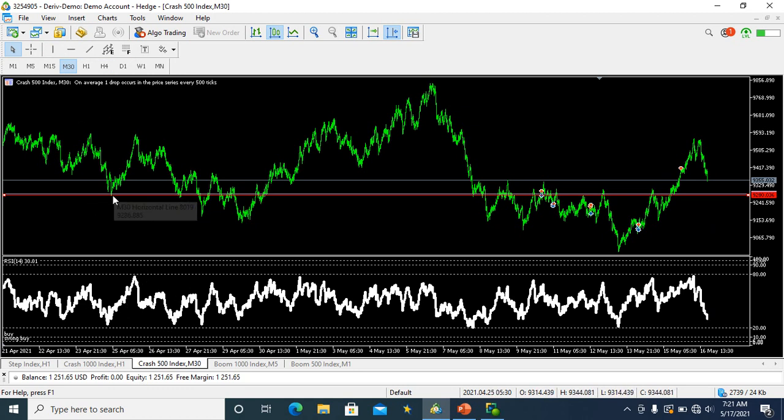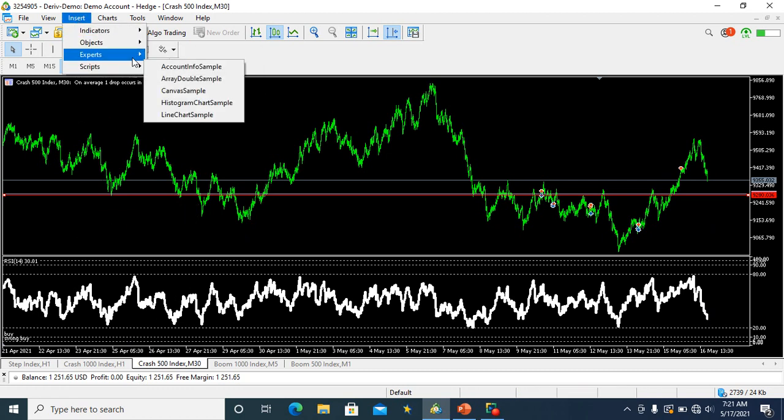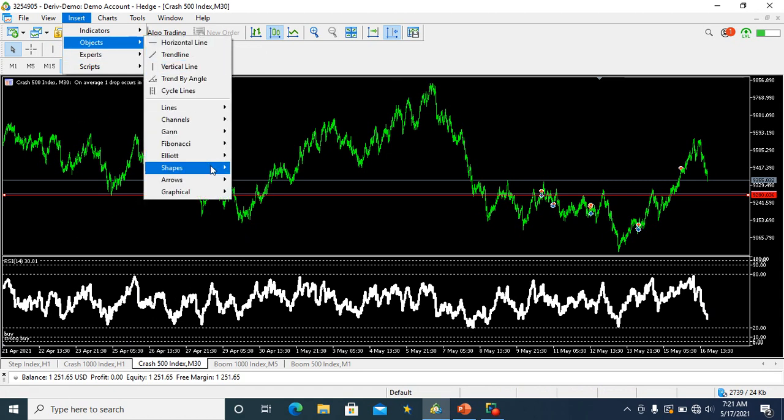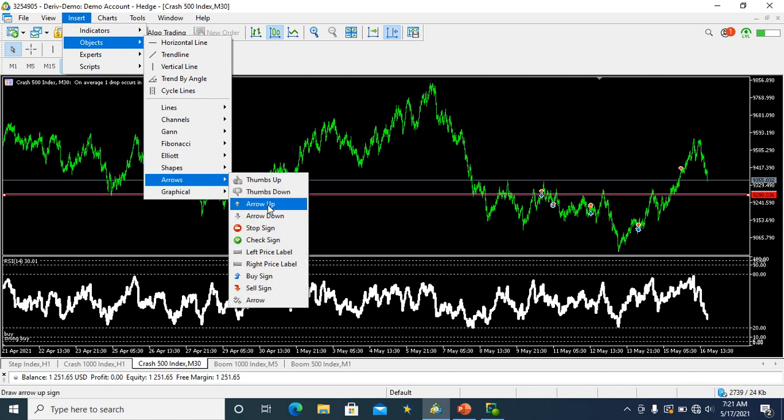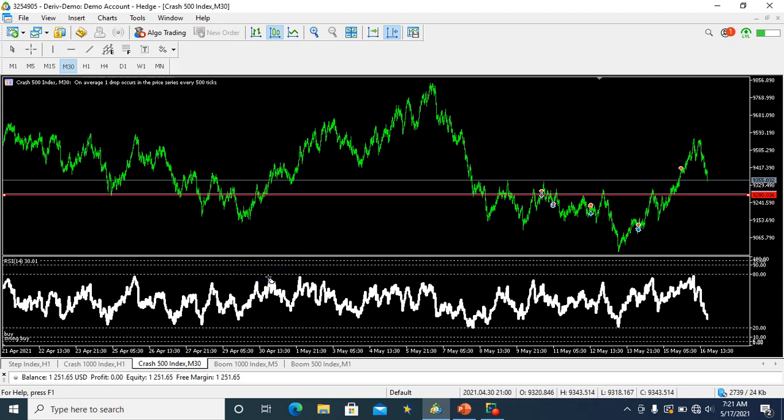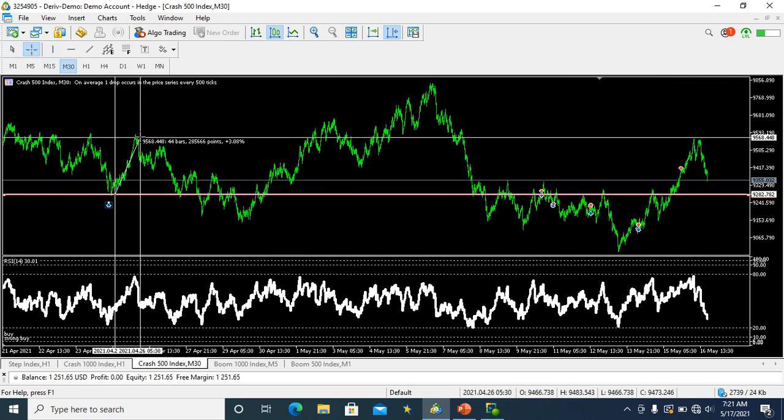So if I'm buying at this point, all right, let me see, insert object shapes, arrow, good. If I'm buying at this point, I'm expecting that the market will go up, and it goes up, and this is 30 minutes, guys. So from here to here, how many points do we have? We have about 20,